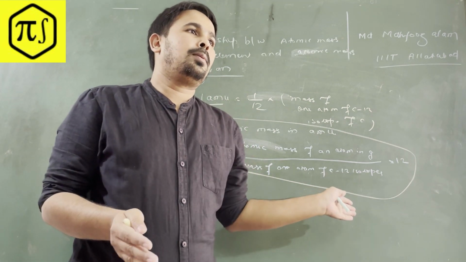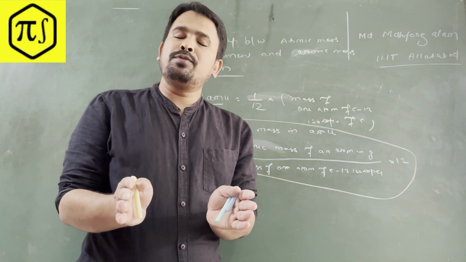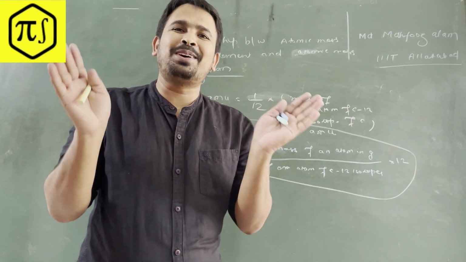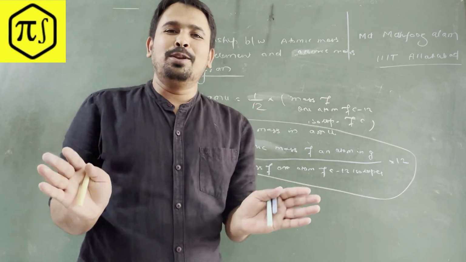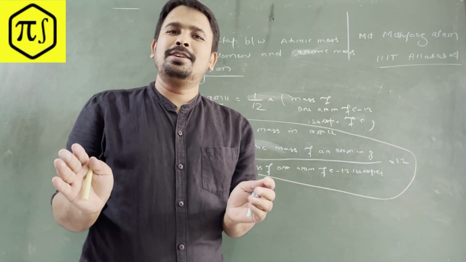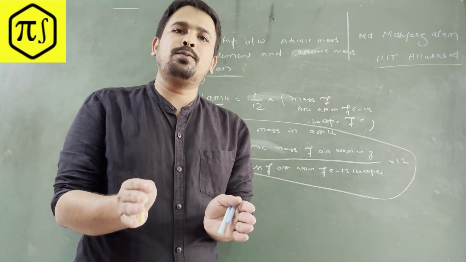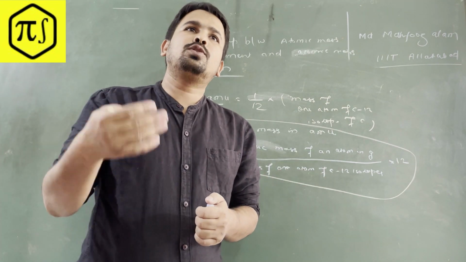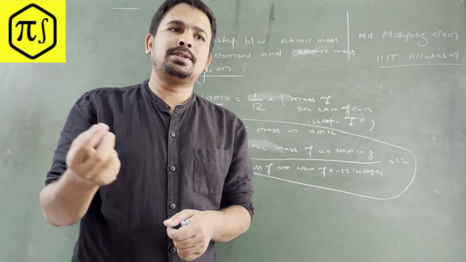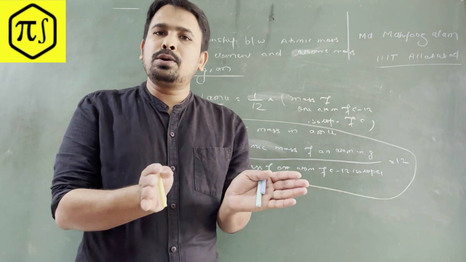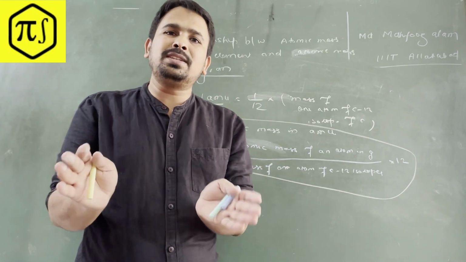See the gram, right? Atomic mass in gram will be very low. The atomic mass of an atom in grams will be of the order of 10 to the power minus 24 grams, which is very low, right? So we need to convert into some unit where we can easily remember it. So you can easily remember oxygen 16, right? And carbon 12 and all. You are able to remember these values because they are very easy to remember.